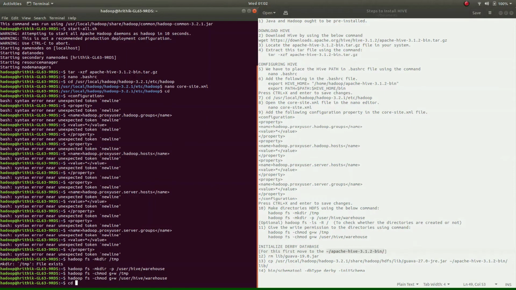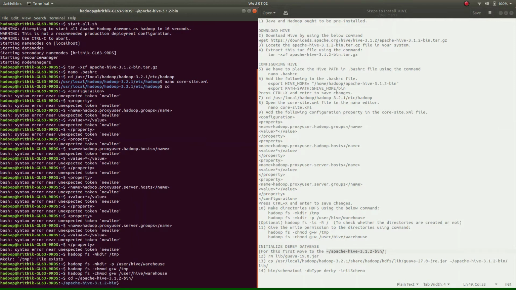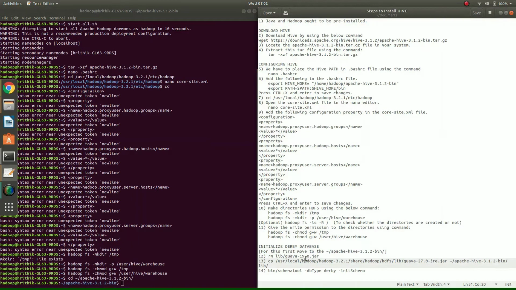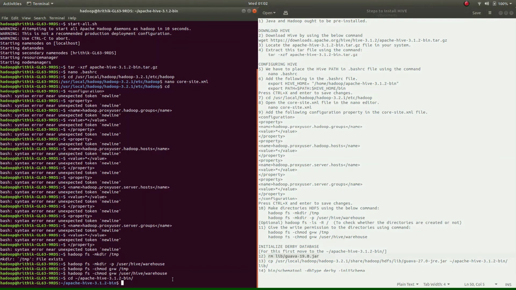We can't just directly start the database because there is a compatibility issue with Hadoop right now. That is the Guava file which is present in Hive. It is not compatible with Hadoop, so we will remove the Guava file and add the Guava file that is available in Hadoop.